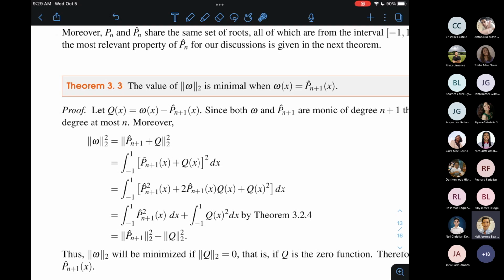So kung before Chebyshev roots yung ginamit natin para minimize yung L infinity error, ngayon naman yung Legendre roots yung gagamitin natin para ma-minimize yung L2 norm naman ng error. So depende dun sa klase ng error na gusto nyong i-minimize. Kung L infinity yung gusto nyong i-minimize, gagamitin nyo si degree n plus 1 Chebyshev polynomial. Kukunin nyo yung n plus 1 roots, sila yung gagamitin mong abscissas dun sa Lagrange form. Kung gusto mo namang i-minimize yung L2 norm ng error, ang kailangan mong gamitin ay yung degree n plus 1